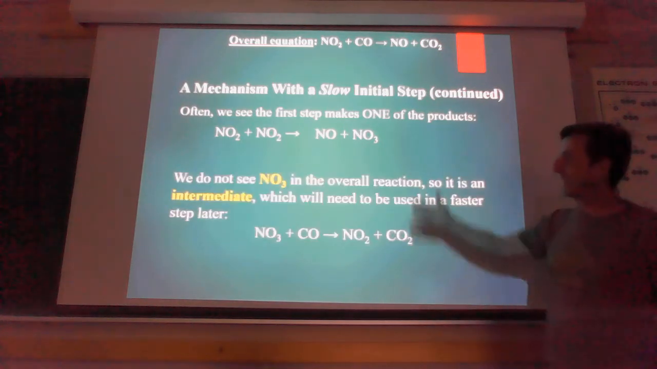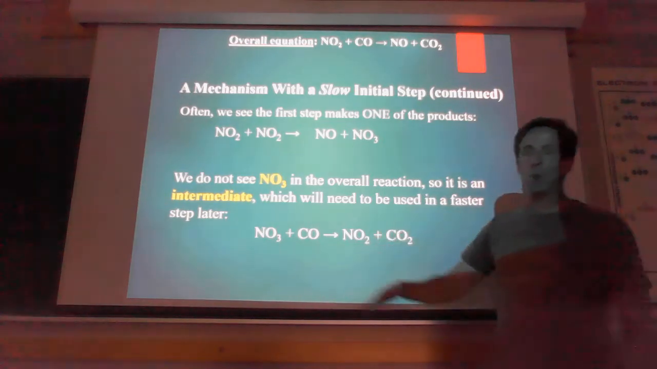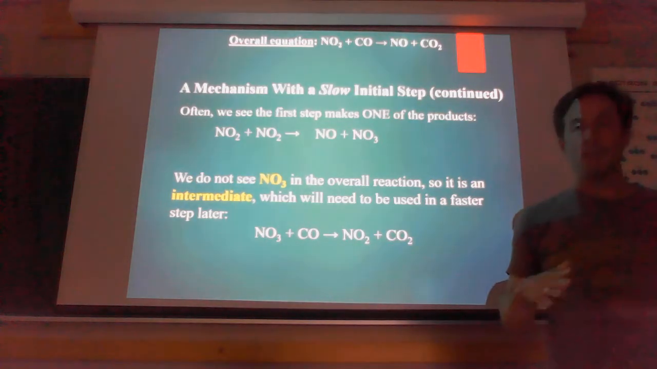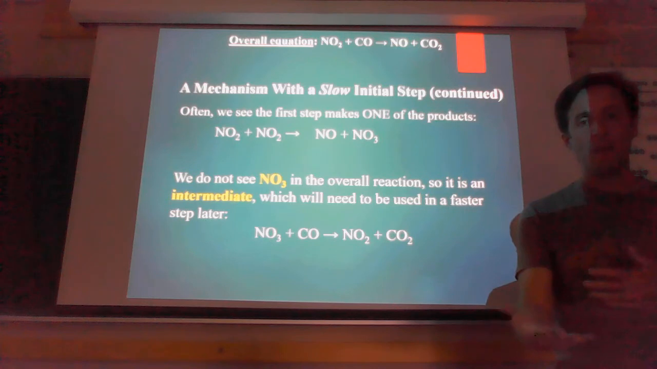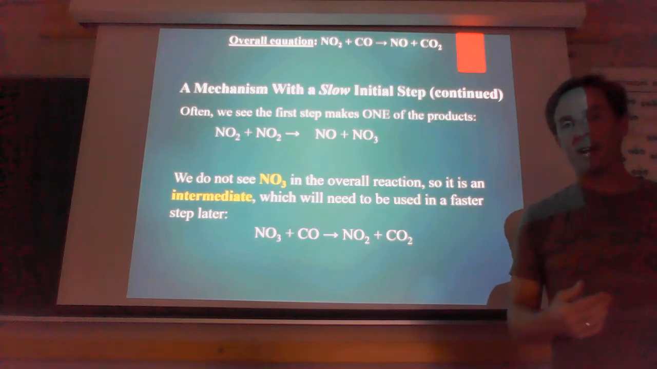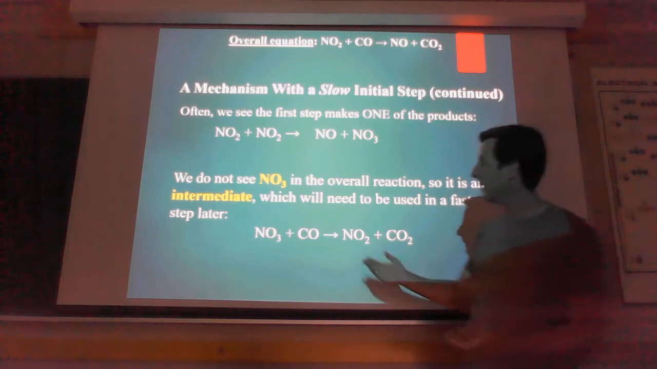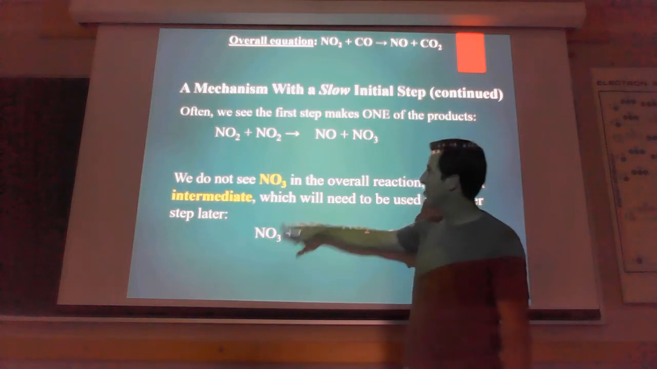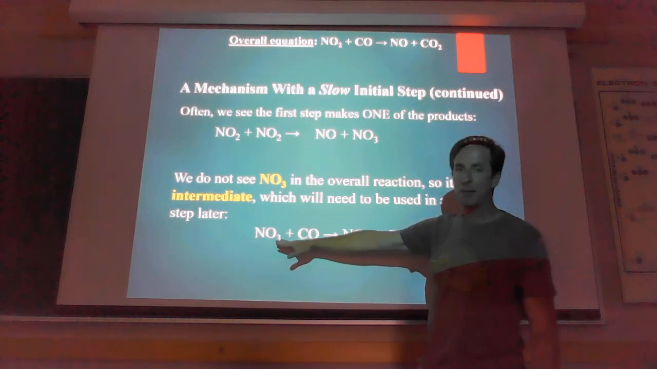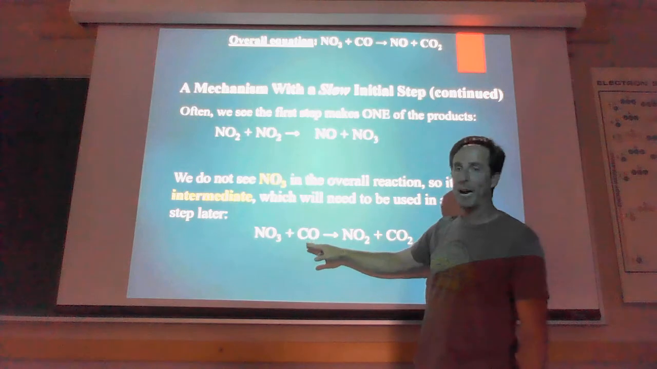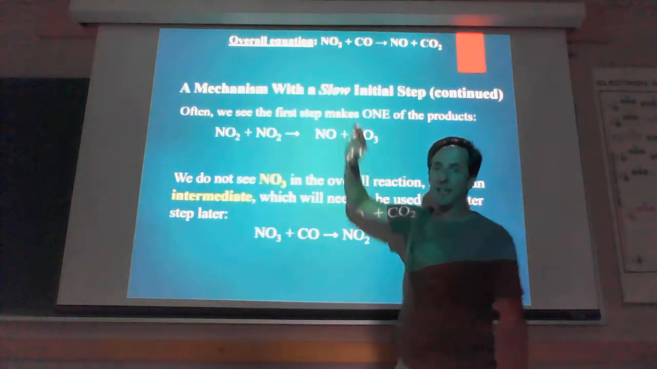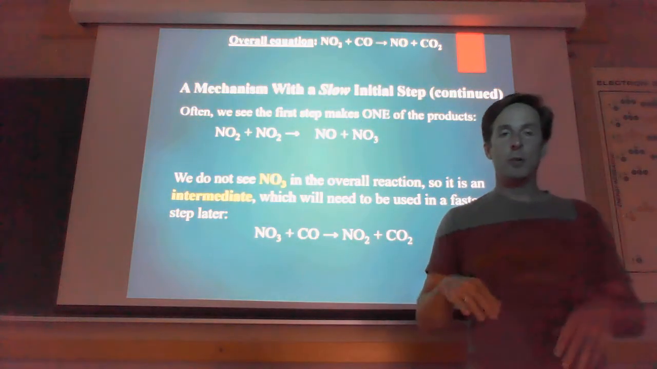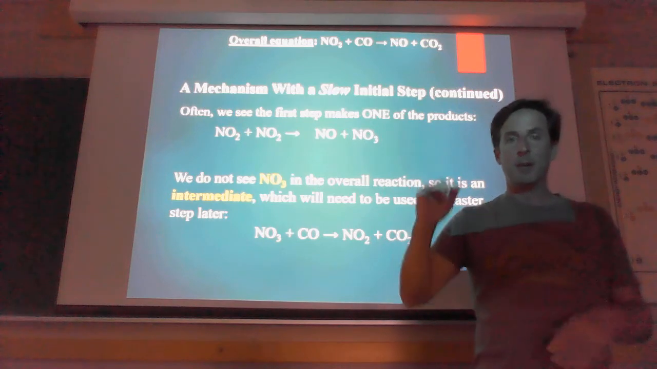So my second step that I write, I may want to do two things. One, I need to get rid of my intermediate, and I need to form the other product that I don't have yet. So to do that, I'm going to have my NO3 that I just made from the first step, and then I'm also going to bring in my other reactant, CO, which we said CO is not part of the rate law, so I knew it wasn't part of the first step,